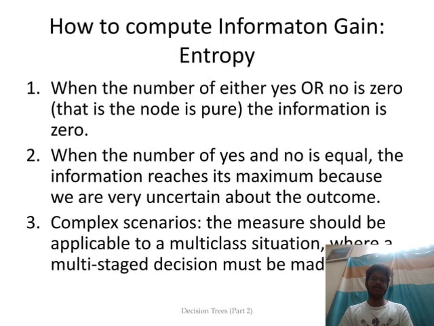And now we will see how to compute information gain entropy. When the number of either yes or no is zero, the node is pure, and the information is zero. When the number of yes and no are equal, then the information reaches its maximum point, because we are very uncertain about the outcome. And there are some complex scenarios where the measure should be applicable for a multi-class situation,